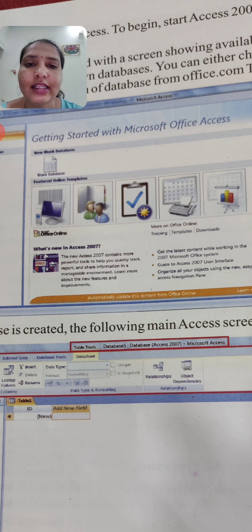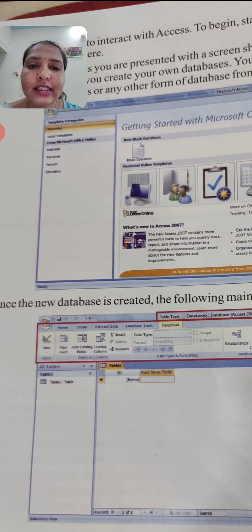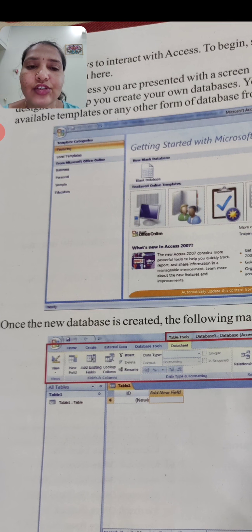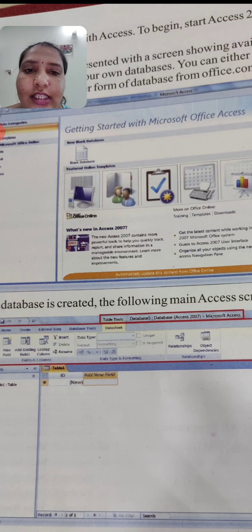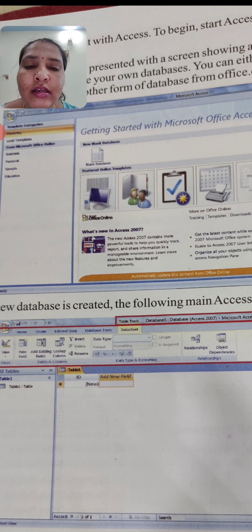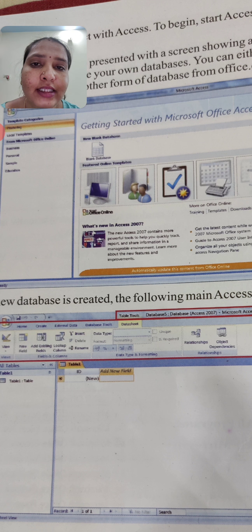See here, they have given Template Categories, and in that so many items are given. First, there is New Blank Database, with one document picture.